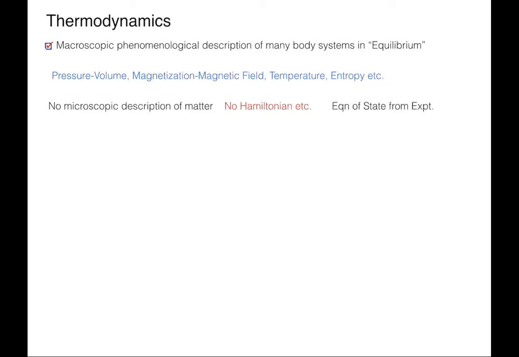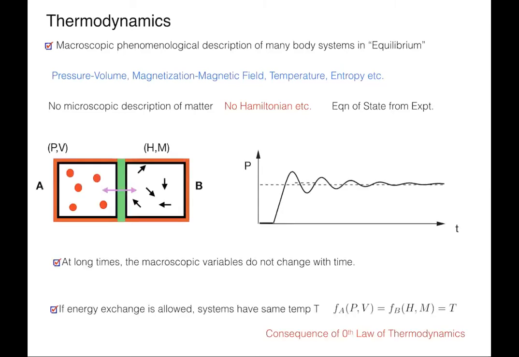You actually do not write down a Hamiltonian. You usually need an equation of state, and if you are asking someone who is just doing thermodynamics where to get it, the answer will be from experiments or from some other sources. So thermodynamics per se does not care about writing down Hamiltonians of the system. However, it says some very